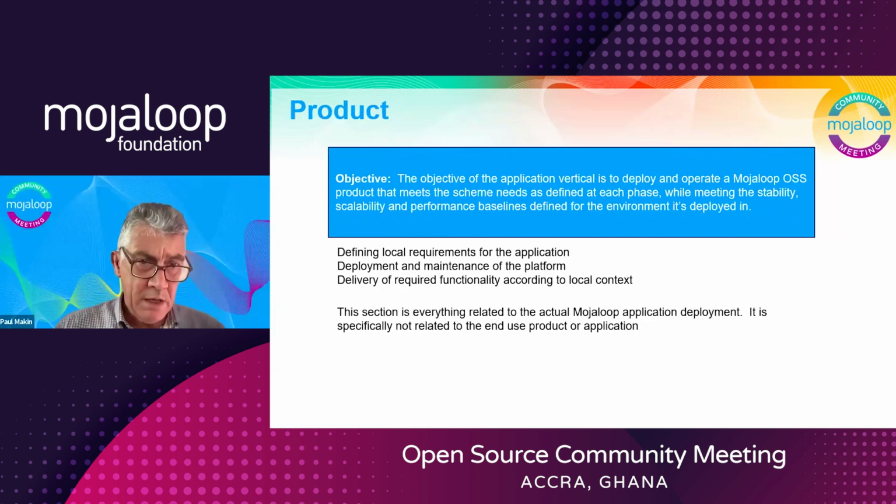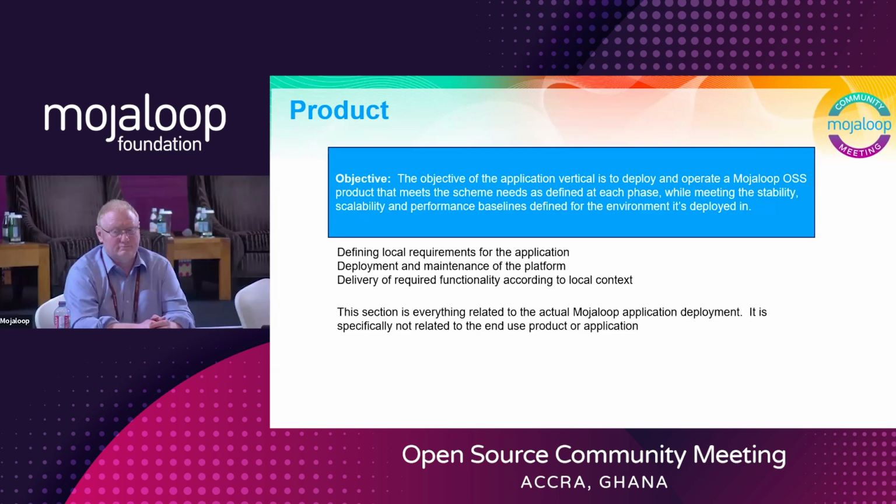Product. You need to make sure that the product that you're deploying actually meets your local requirements. That's not just stability, scalability, and performance baselines, but also functionality to make sure it meets the expectations of the DFSPs, of the regulator, and ultimately, dare I say it, the customers. And you can do that through collaboration with the Mojaloop community to help you customize it, and you can also hopefully work with SIs to implement it thereafter. Next,